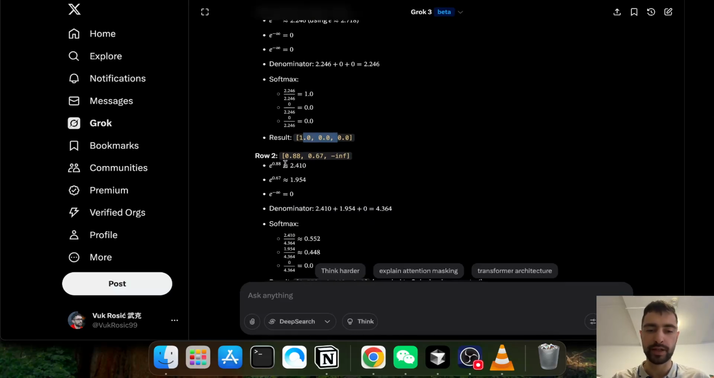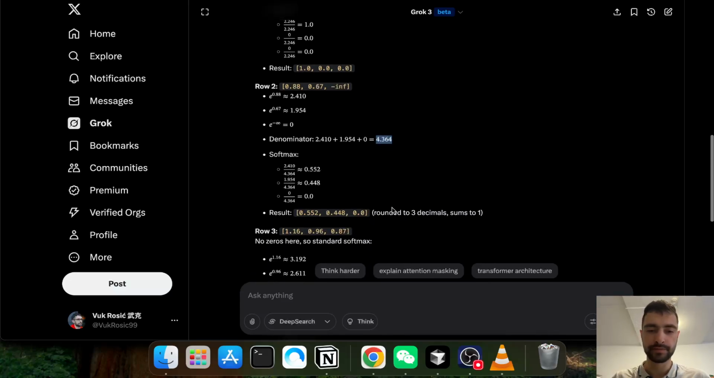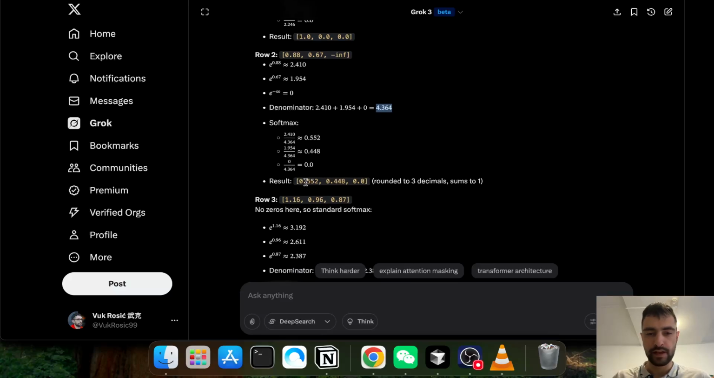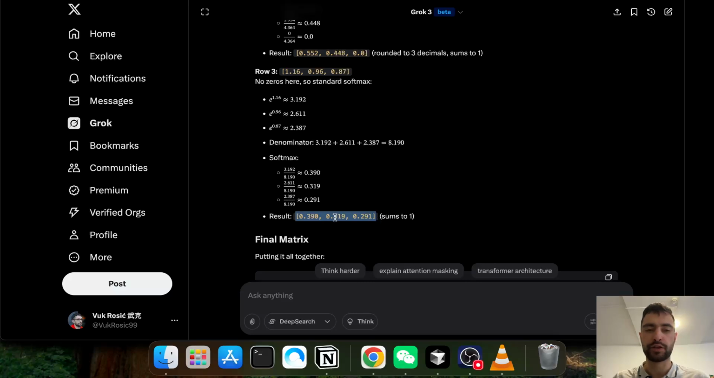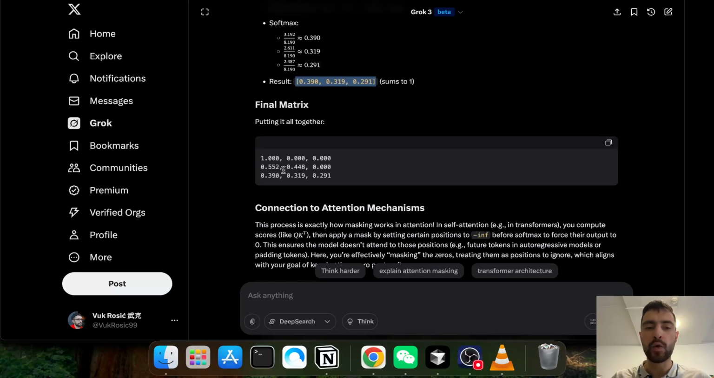Second row, we have these two numbers. After we put them to the power, we put e to this number, we get these two numbers. This is when we add this entire row. Can I zoom in? No, okay. And then we will just divide each number by the sum, and we will get a new row that has the same scaling, same difference between the numbers, but now they add up to 1. And same for the third row. So what we now have is we literally have a matrix that tells us